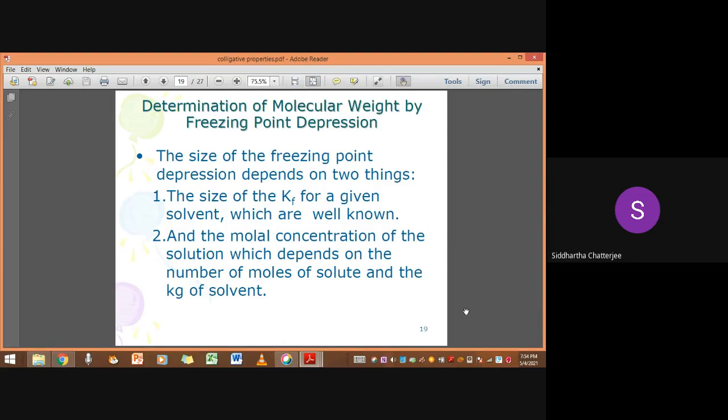Because that's why you are saying that the depression in the freezing point and the elevation in the boiling point are directly proportional to the molality of the solution. That means the number of moles of solute per kg of the solvent. So naturally, these are the colligative properties, which depend upon the number of solute particles. It doesn't depend upon the nature of the substance you are